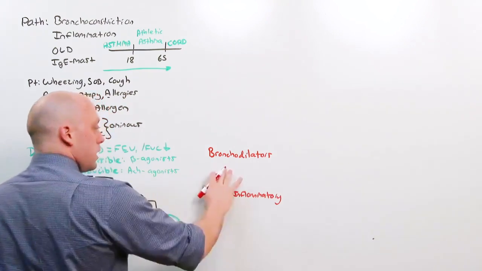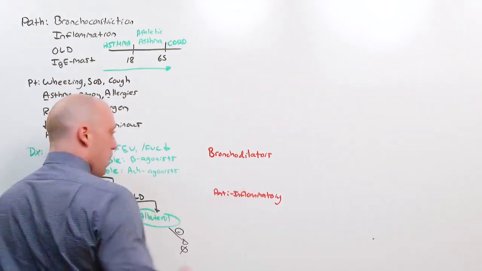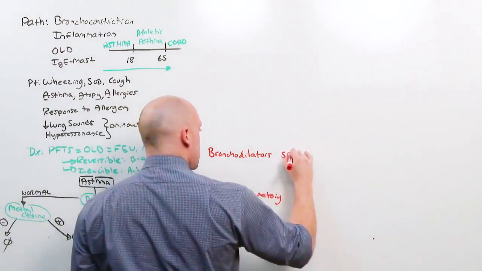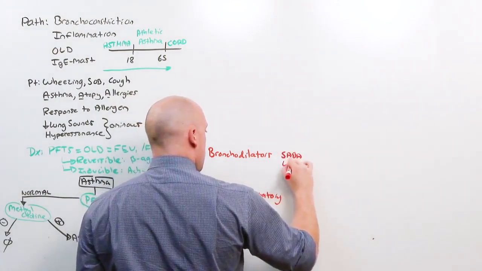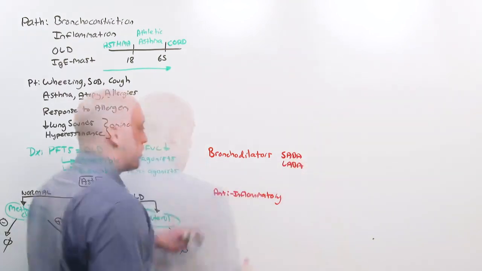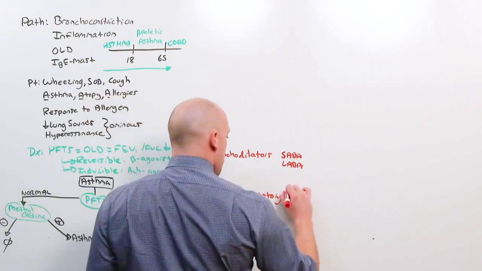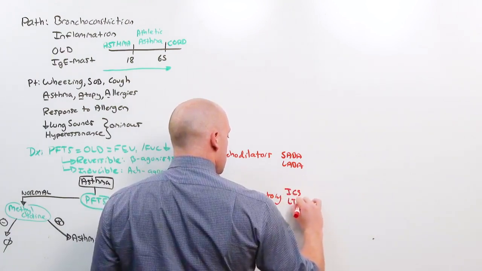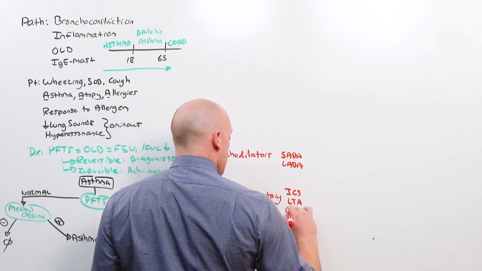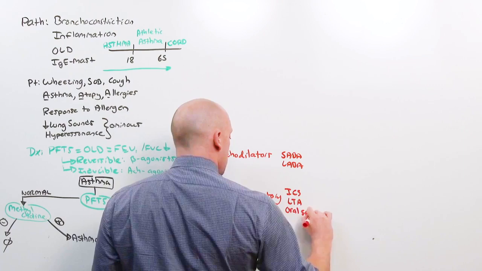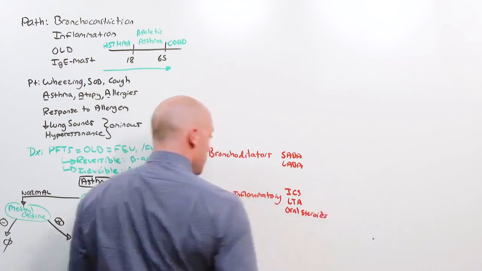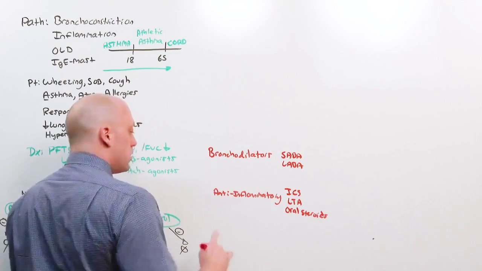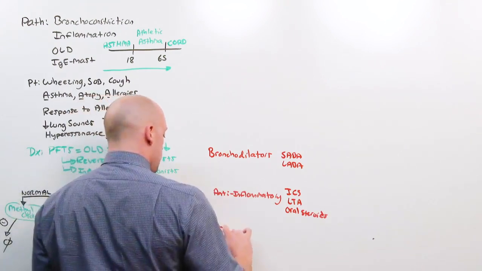All right, bronchodilators are going to come in the form of short-acting beta agonists and long-acting beta agonists. Anti-inflammatories can come in the way of inhaled corticosteroids, leukotriene antagonists, and oral steroids. You generally want to avoid oral steroids. Now you can use the stabilizers,